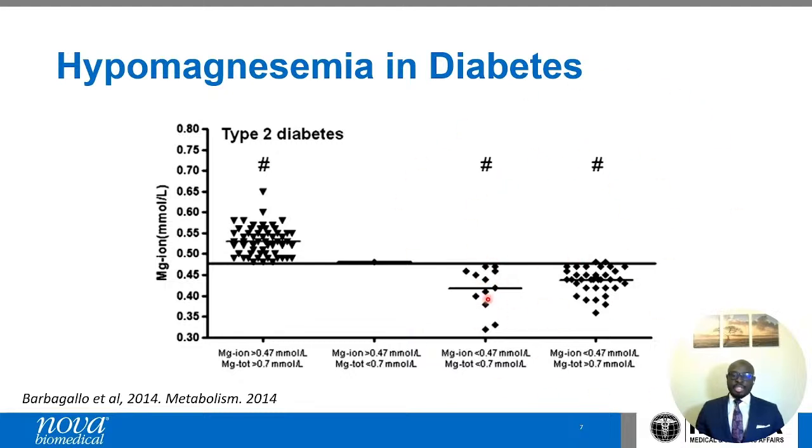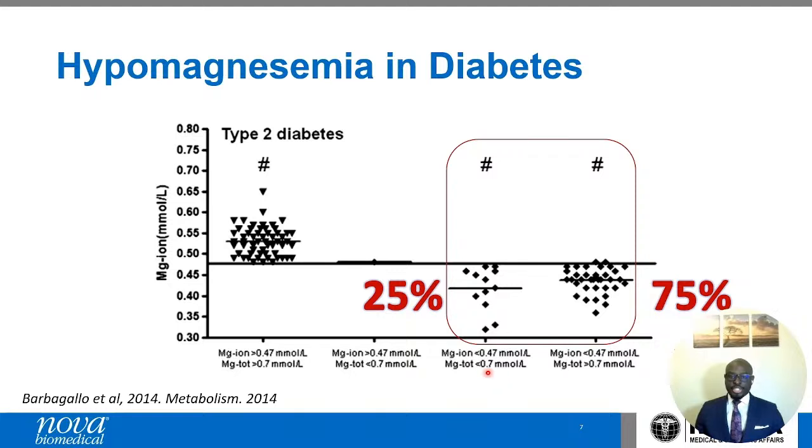And this part to the left says these are patients where you have a low ionized magnesium and a low total magnesium. Whereas to the right, you have patients who had a low ionized magnesium and a normal total magnesium. And if you look at the statistics for this slide, you'll see that in this particular patient population, only 25% had ionized magnesium and total magnesium trending in the same direction, or agreeing, whereas in this case, 75%, or 3/4, would have